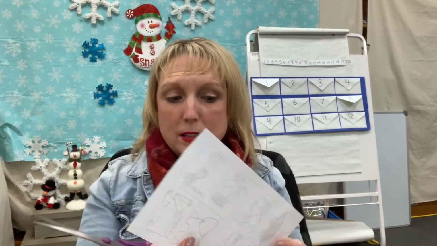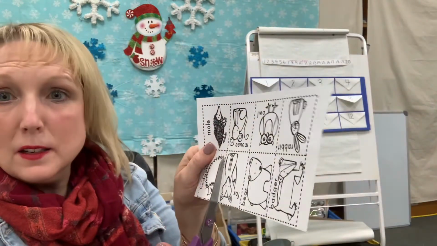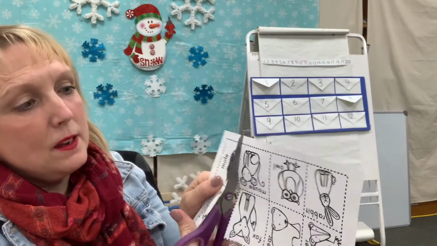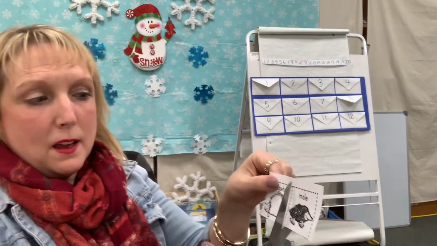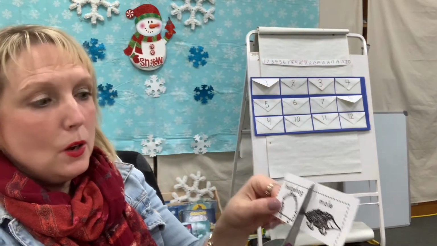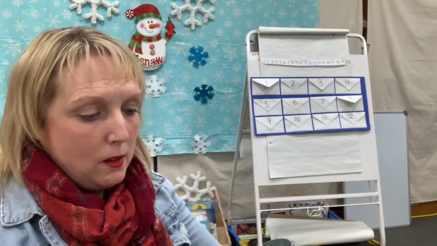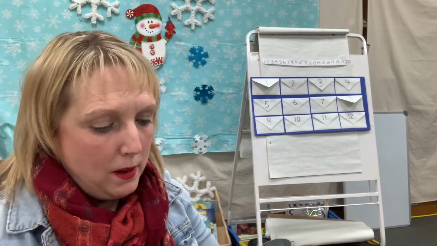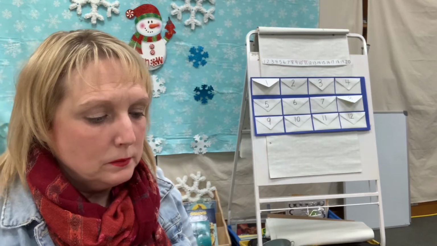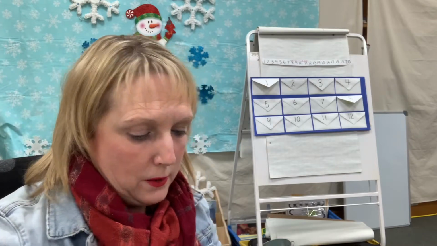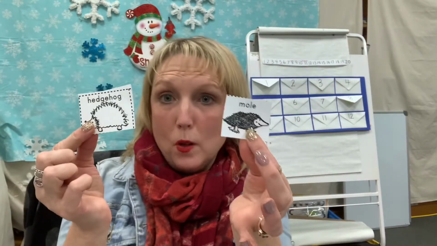Then take your scissors and you're going to cut. Remember, we cut on the dotted lines, just like this, and cut out each little rectangle with the animals on it. I'll show you a couple here right now. Okay, so there I have hedgehog and mole, but you're going to cut out all 8. Once you have all 8,